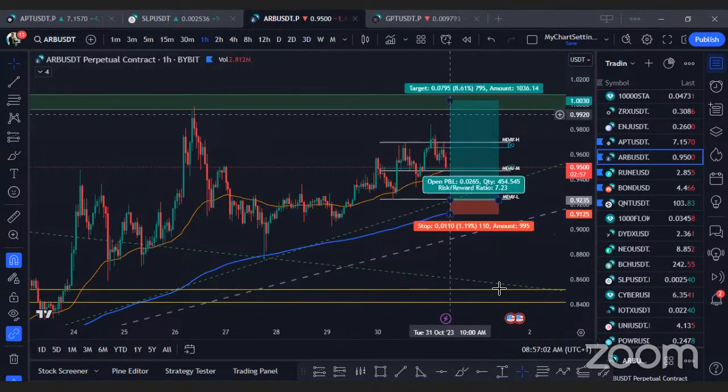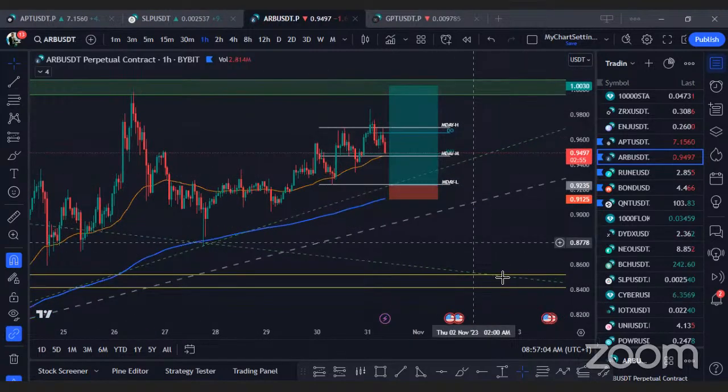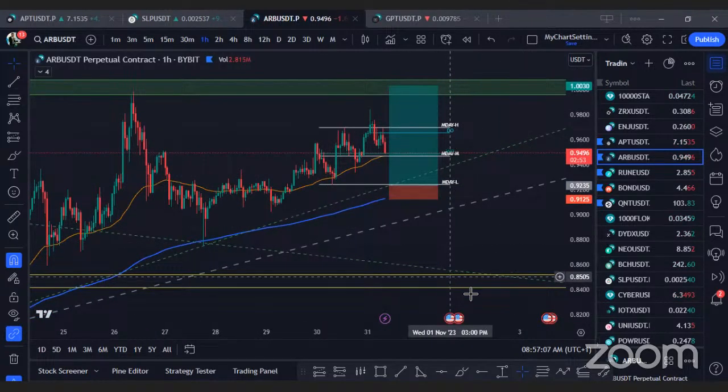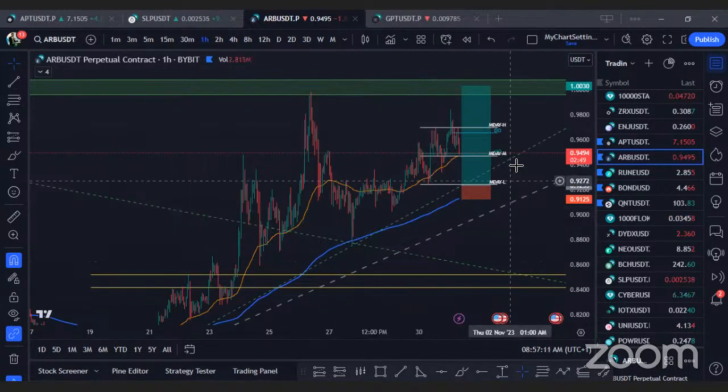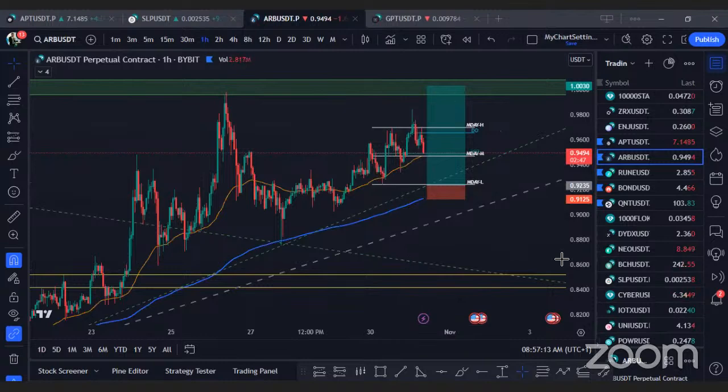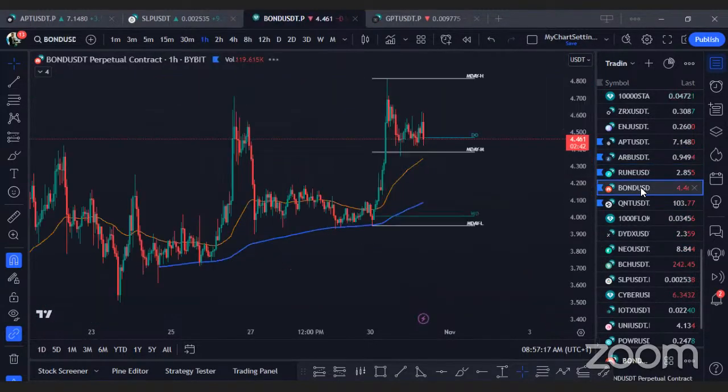I'm still long on this, but if we break that trend line, then we can be looking at this area down there for more long trades. But as long as we keep respecting that trend line there, guys, we are going up on that. And then the bond,